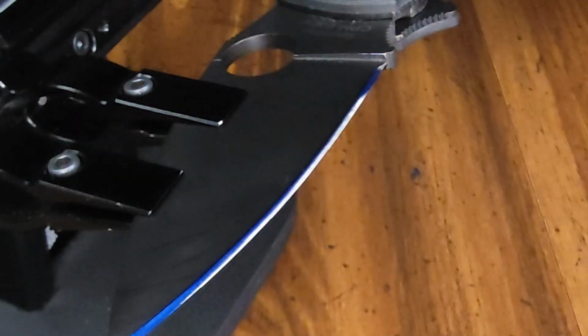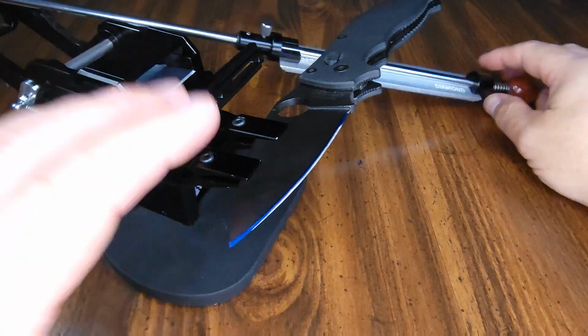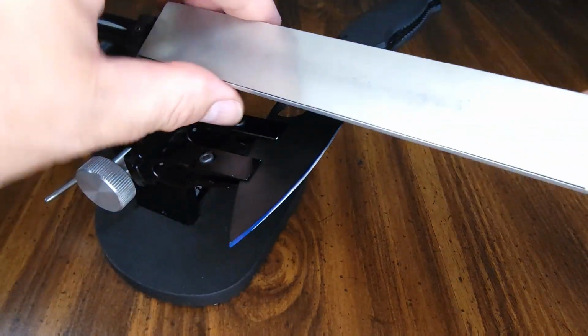Now look at there. Look at that. Now we've exposed our edge. Now we know we're right in that sweet spot. So now that we know that we have our sweet spot and we're good to go, we can take this